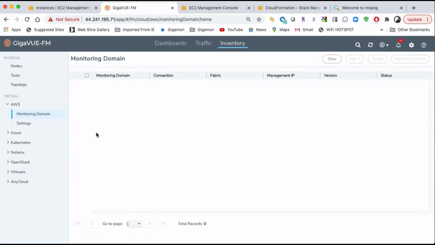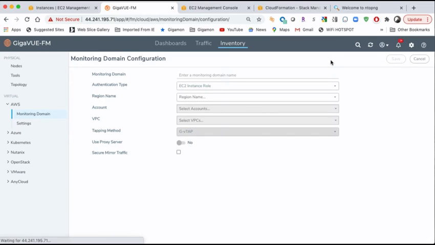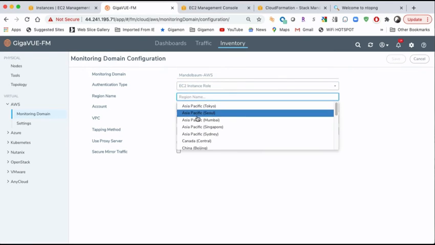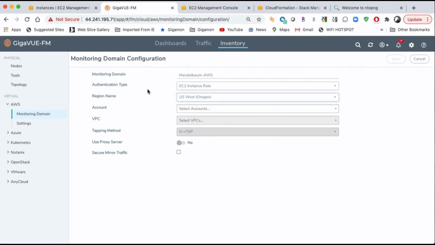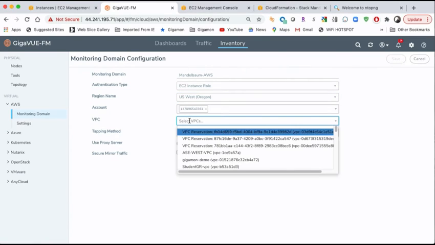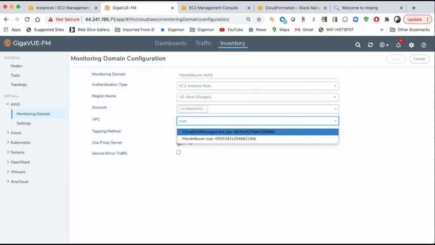Now, adding the monitoring domain is pretty straightforward. I'm going to click New. I'm going to give it a friendly name. I know there's a real surprise here, what I'm going to use. I'm going to go ahead and choose my instance role and the region, and I put everything in Oregon for my demo. I'm going to select the account and the VPC that I want this to be associated with,